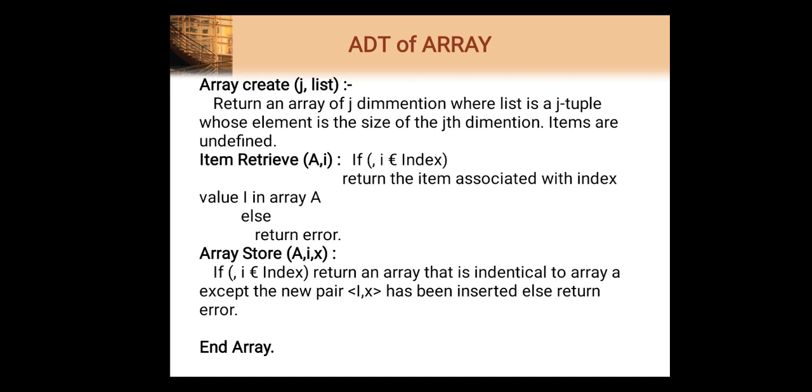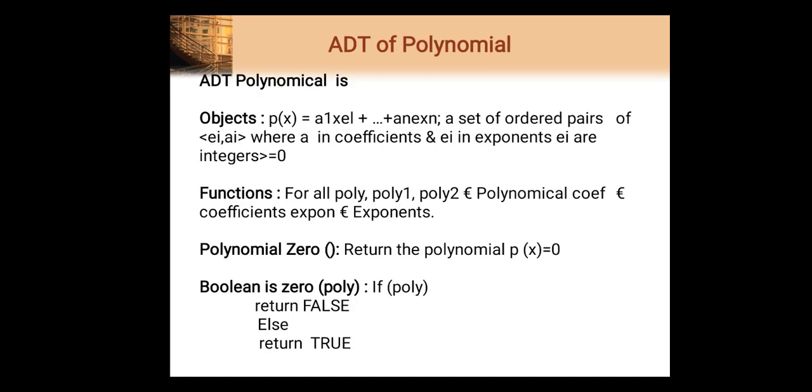The next function which we can perform on the array is the array store. That means we can store different values in our empty array. You can say array store is the addition. We can add one by one atom inside our array by taking the values from the user at a particular position. And at the end of the ADT you can say end and the name of your topic. Here my array is ended, so I am saying end of array.